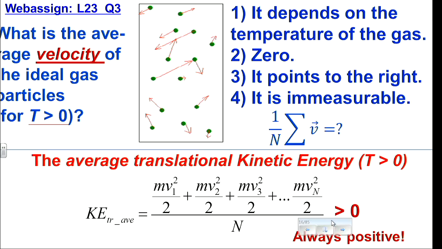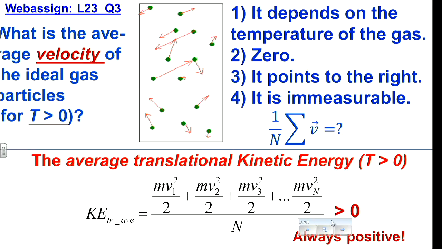We also know they have some energy. Each individual particle has a certain kinetic energy. Some might travel faster, some might travel slower, but we can always, at least theoretically, calculate the average kinetic energy, and that should be positive. Unless suddenly they all stop, which never happens. From a classical point of view, it could have happened, but quantum mechanics says they never stop. So technically, kinetic energy is never negative, never zero, it's always positive.